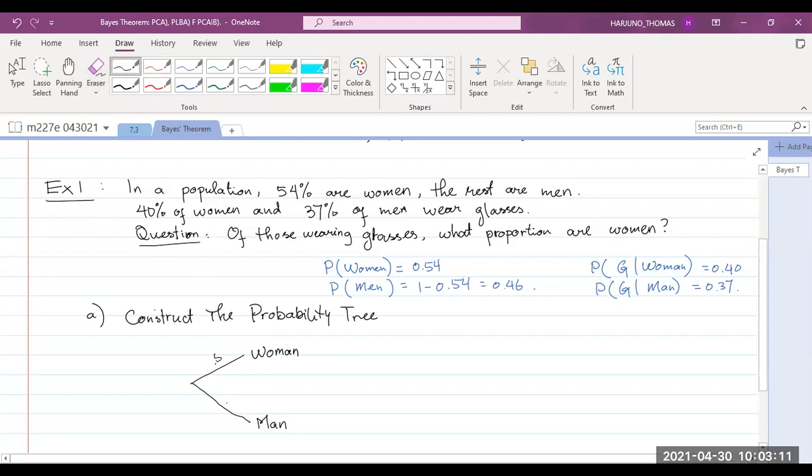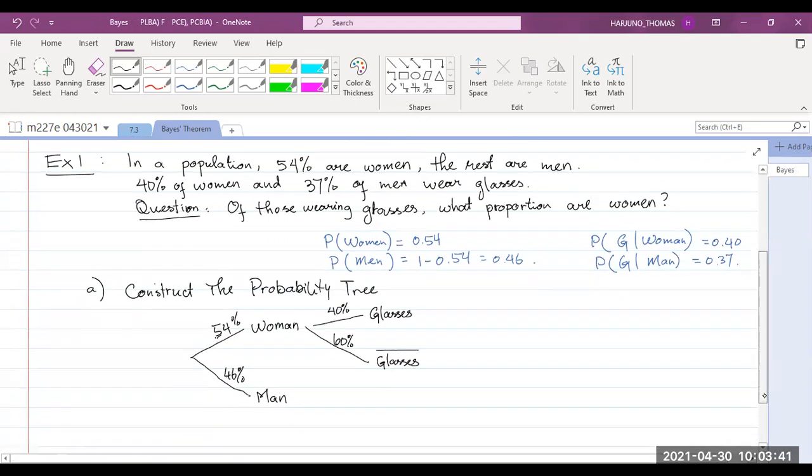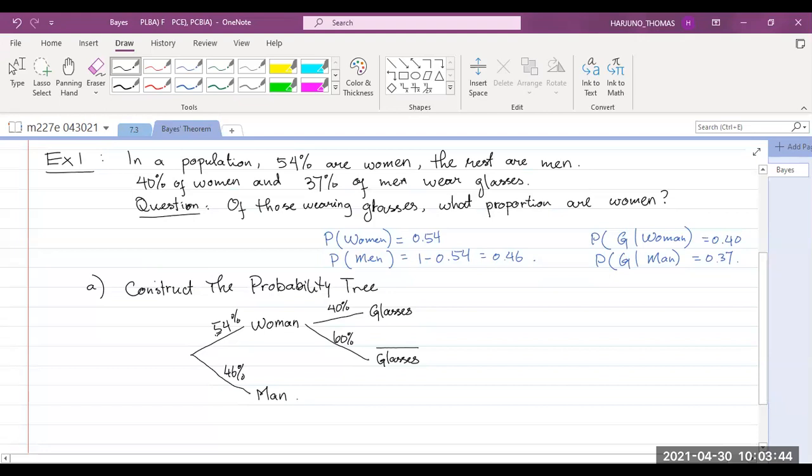So this is 54% and this is 46%. Now of women, 40% of them wear glasses, and therefore 60% do not. Of men,